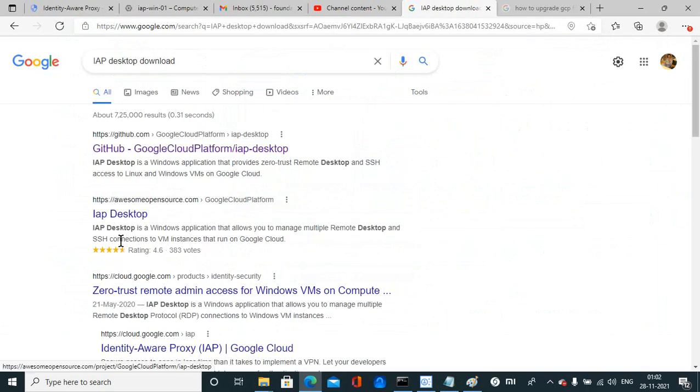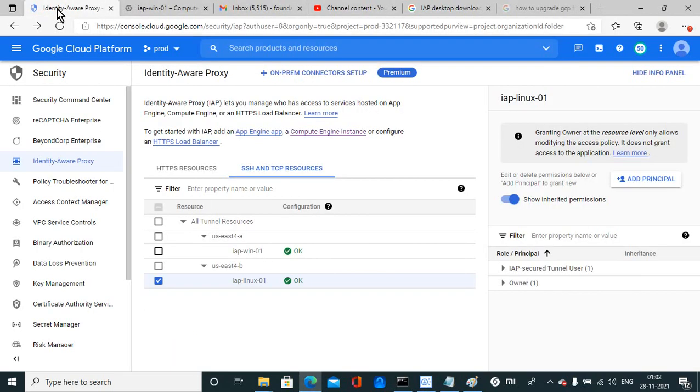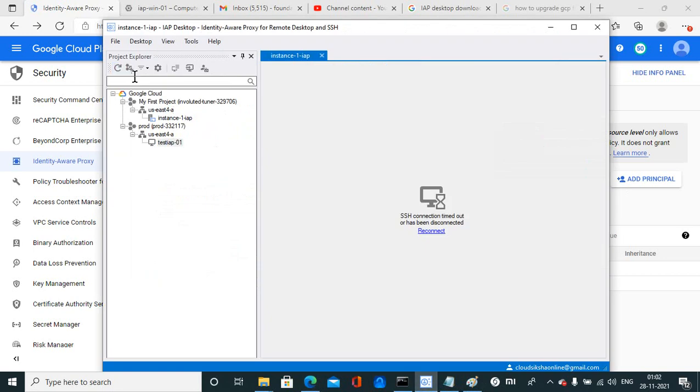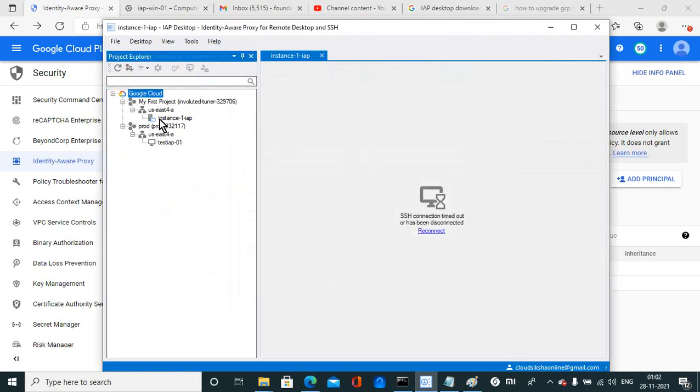It's from GitHub, IAP Desktop. You can download it and install it. After installation, it will ask for credentials, which is your cloud credentials you need to provide, and once you provide it, it will connect with your project. So here it's showing my project, prod project, and after that it will show my machines here. Just let it be.